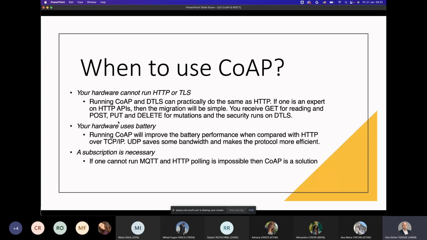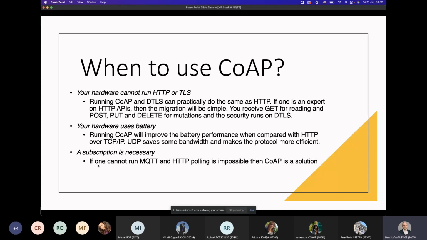You can have a connection through CoAP that uses UDP as a transport layer protocol and not TCP/IP, because it's stateless. CoAP is definitely stateless in this regard. You do not need to have a lot of communication overhead at some point.